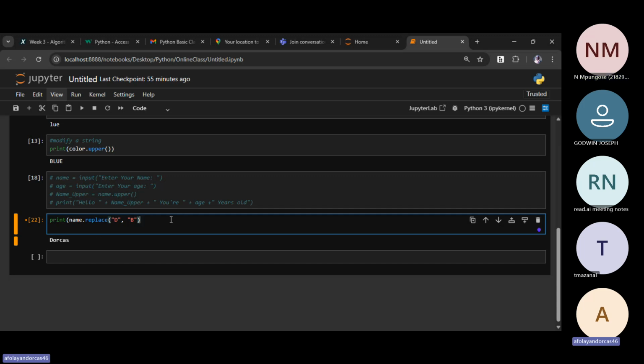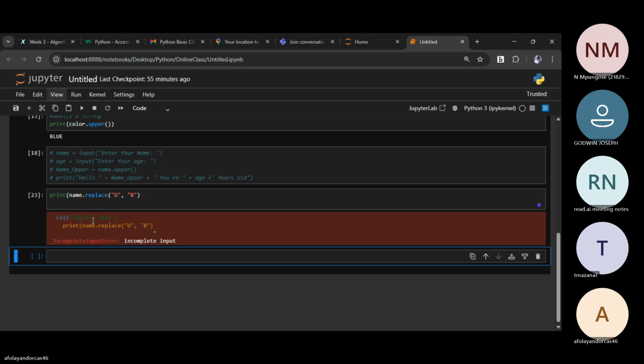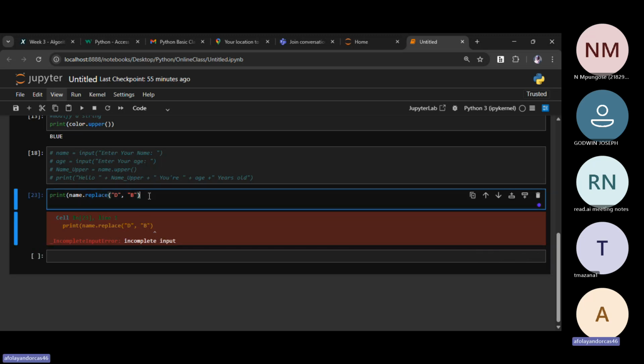Then let's print. What's happening? Oh, it is incomplete.